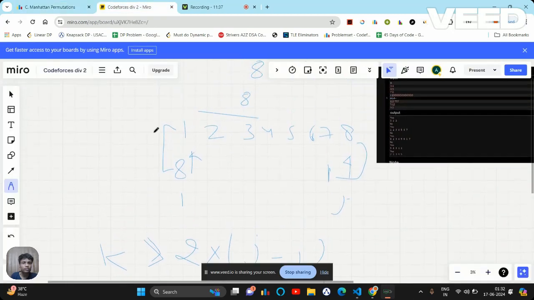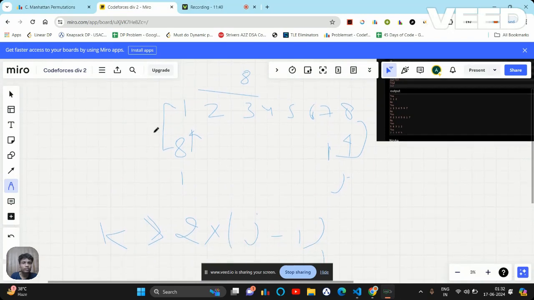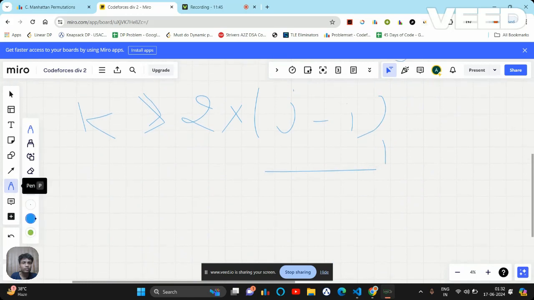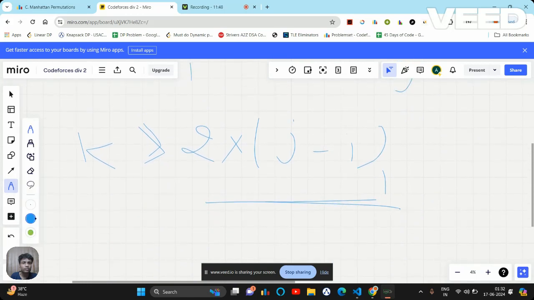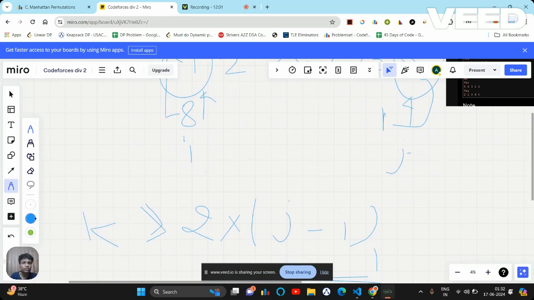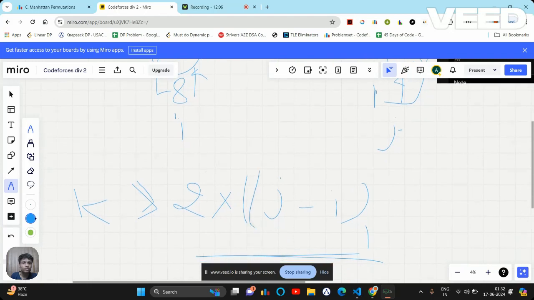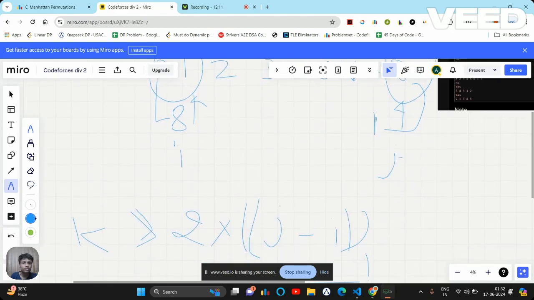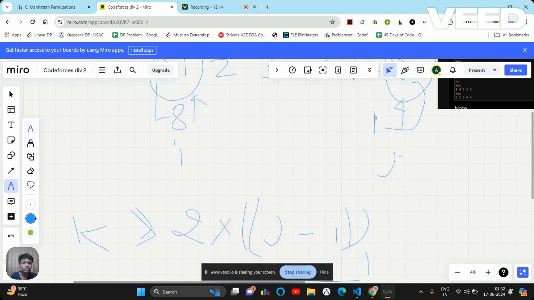So I was explaining 1, 2, 3, 4, 5, 6, 7. So yeah, this is what I was explaining at that time. j minus i. That was last time. Let's say I am having this element as last, and this element as first. Now first is my i, and last is my j. Now how am I going to check if they are going to swap or not? First of all, look at the difference between the first and last. In that case, I'm going to get 7. Now I'm doing 2 times 7, basically 14.